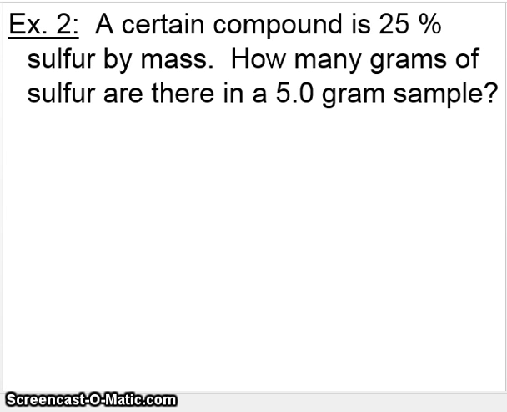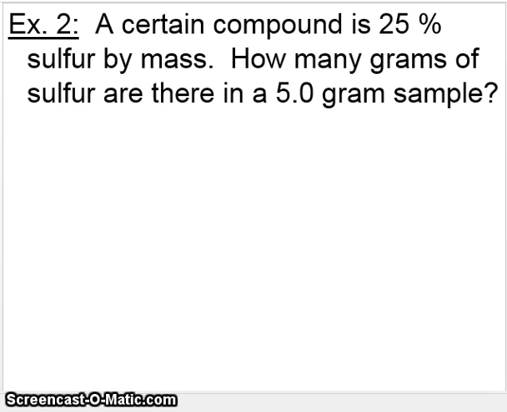A certain compound is 25% sulfur by mass. How many grams of sulfur are there in a 5-gram sample? Now this is a simple problem where we apply percents, and this would be very similar to if I said